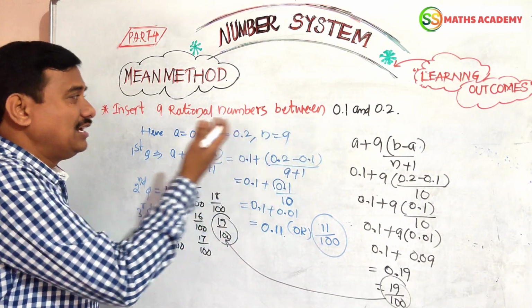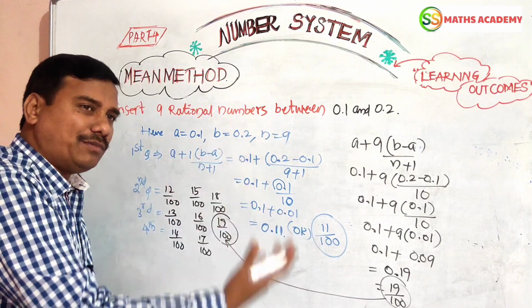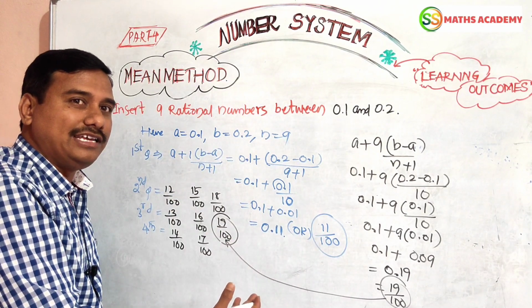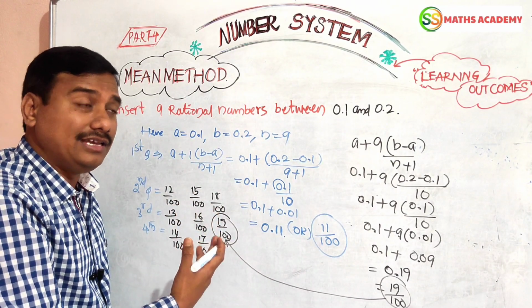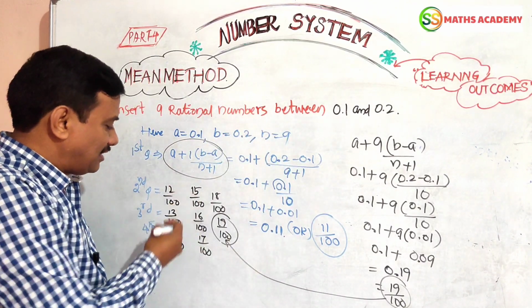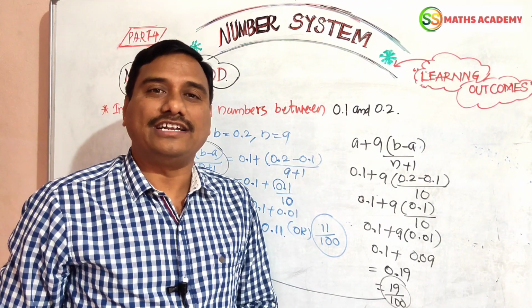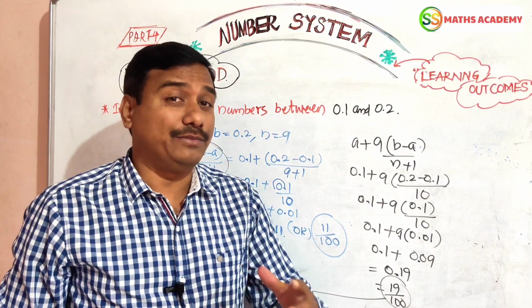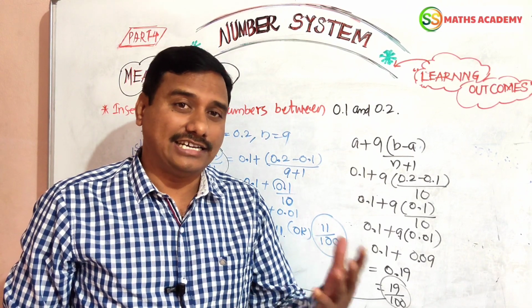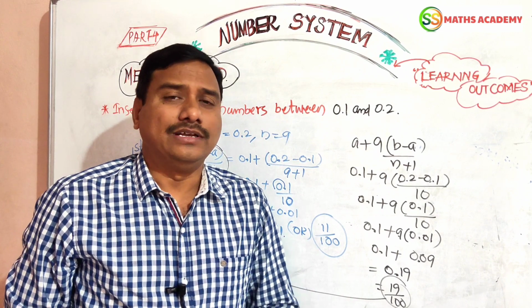This is a good kind of question. We have to find 9 or 10 or 15, whatever it is, this is the kind of question. Any number, any middle of the numbers is asked randomly. Maybe you can solve it by applying this kind of formula. You will get the answer in order without any tension. I hope you strongly understand the mean method, how to find fractions and decimals, very happily and very easily.